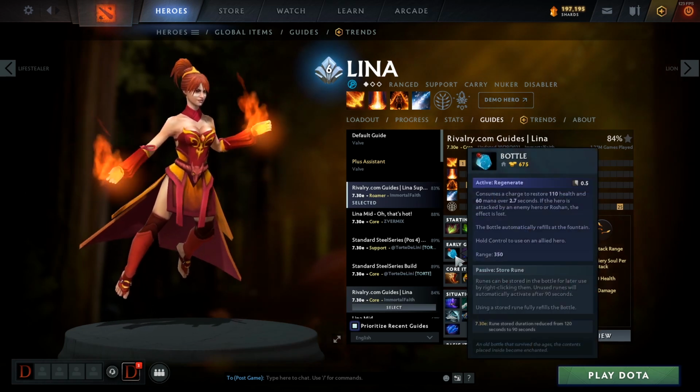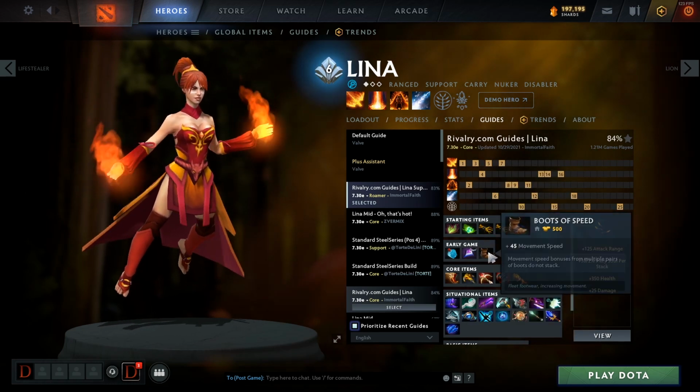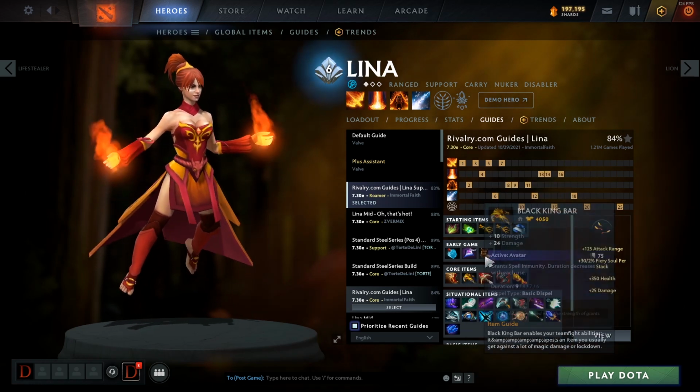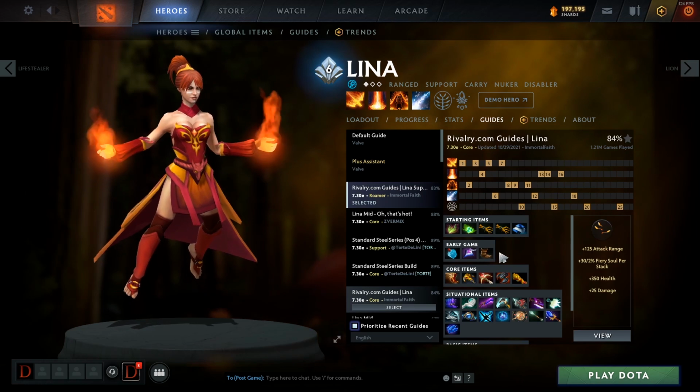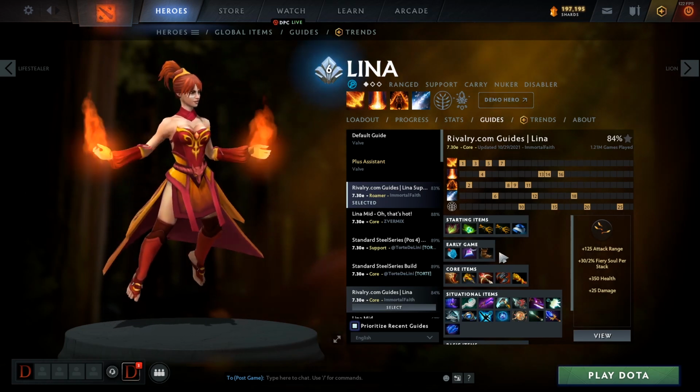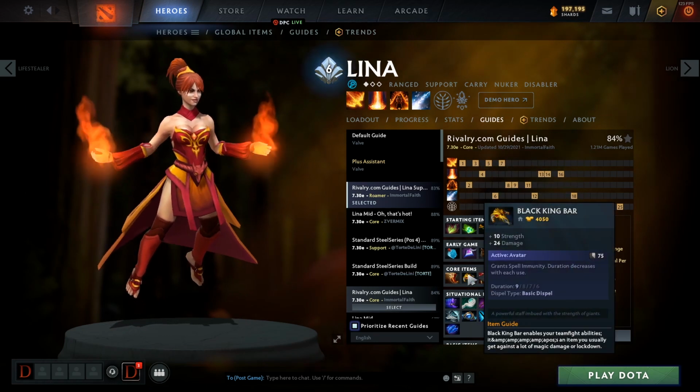You get Bottle. Every mid hero gets a Bottle pretty much. You get a Null Talisman if you want, and you go Boots. You go straight into Boots of Travel and then straight into BKB. This is really good. You can be all around the map, so you can push towers, you can gank, you can counter gank, all of those kinds of things. You're really, really fast with the Boots of Travel, and then you go straight BKB because you're doing a lot